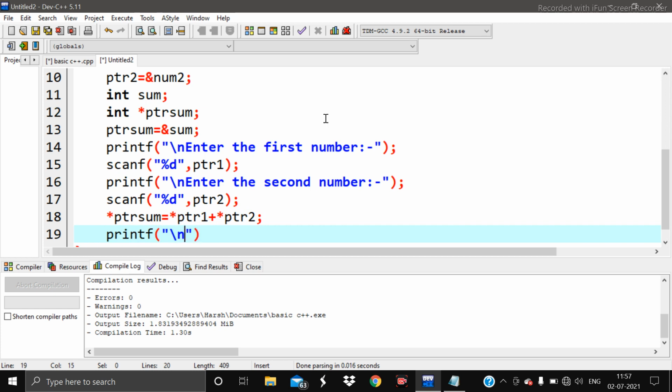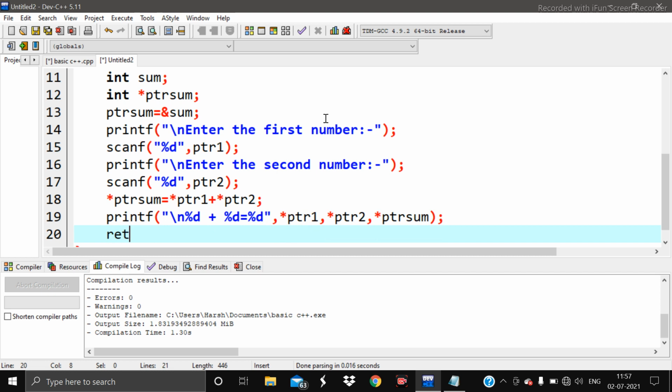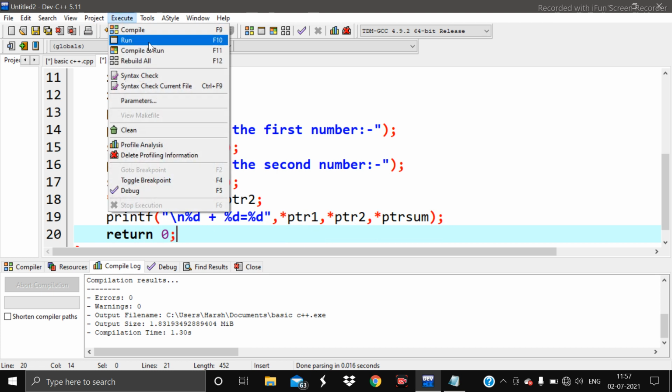We can simply write %d plus %d is equal to %d. Now name the pointer variables: ptr1, then the second one ptr2, and the last one ptr sum. And then last, return 0.